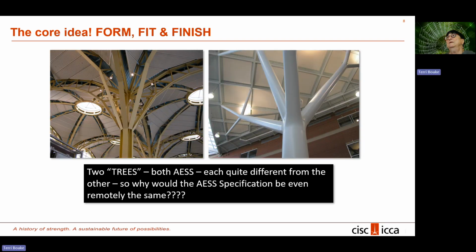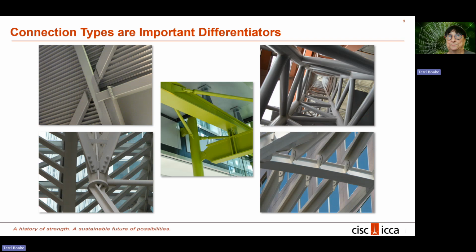So the core idea was form, fit, and finish. Here we see two steel trees. They are not even remotely the same looking, so why would they have the same specification? Hence, we decided to make this differentiated specification to make it easier to have the fabricator understand the intent of the architect. So the connection types are important differentiators, whether you've got bolts, whether you've got welds, and